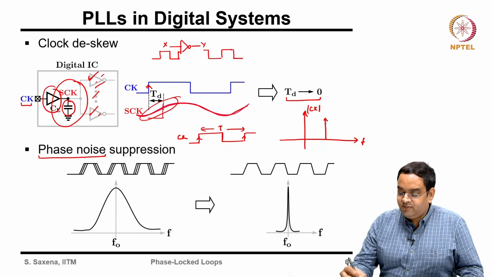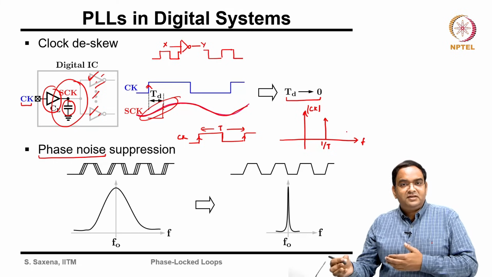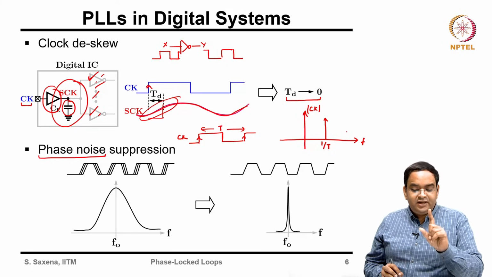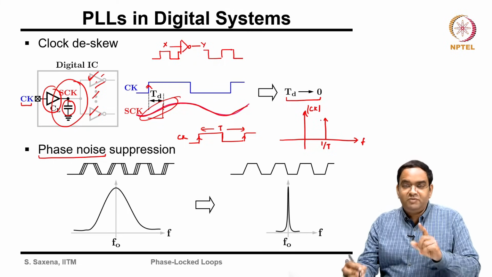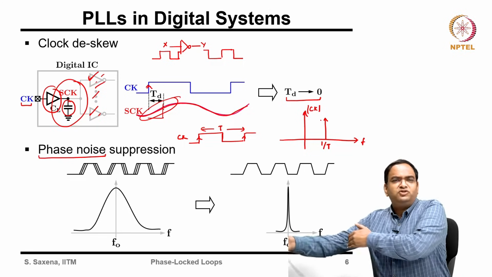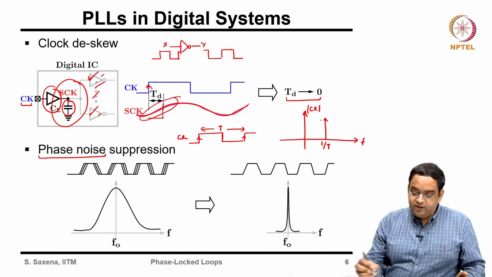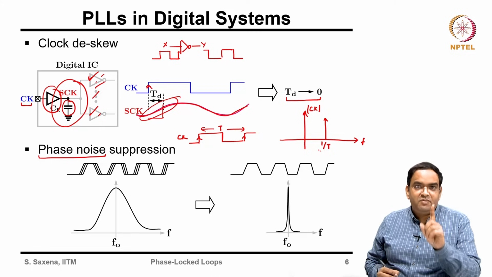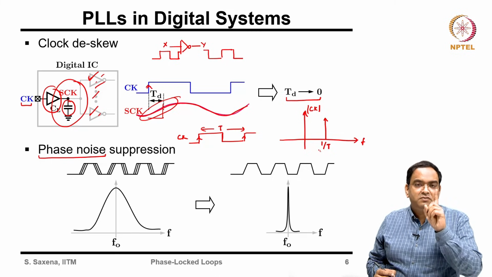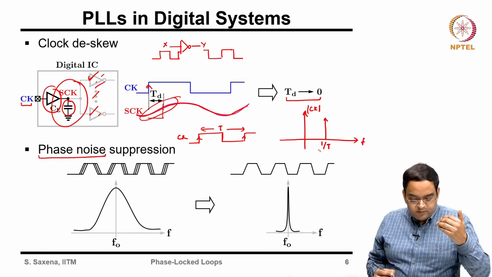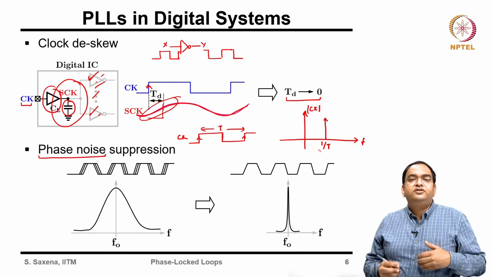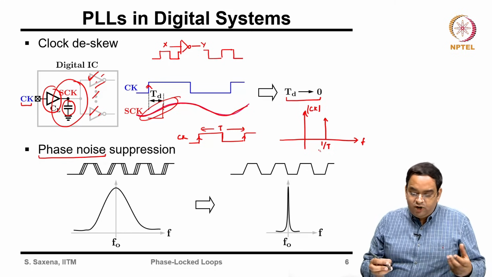You will have the fundamental at 1 over T, then the other harmonics at 2 over T, 3 over T and so on. Nearby 1 over T, you will see a single frequency content. But if the signal is noisy, then what happens is,